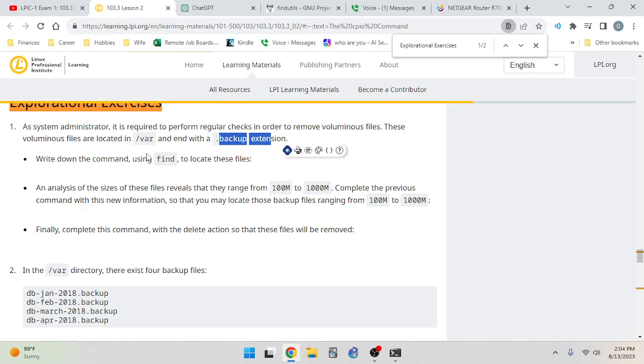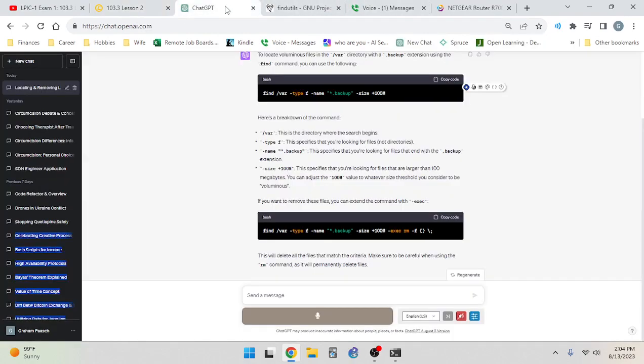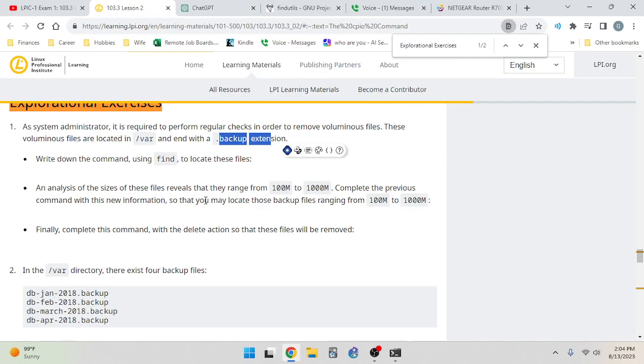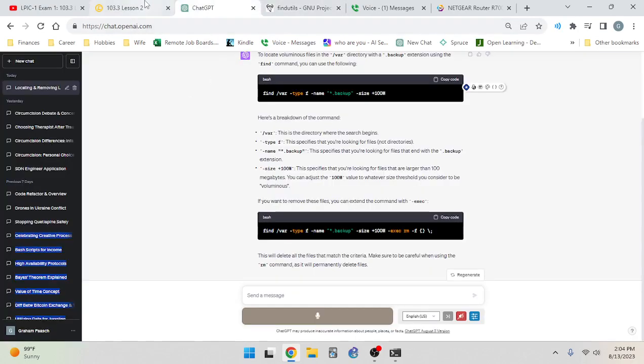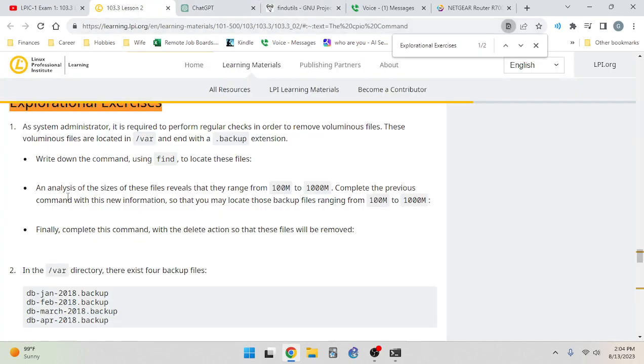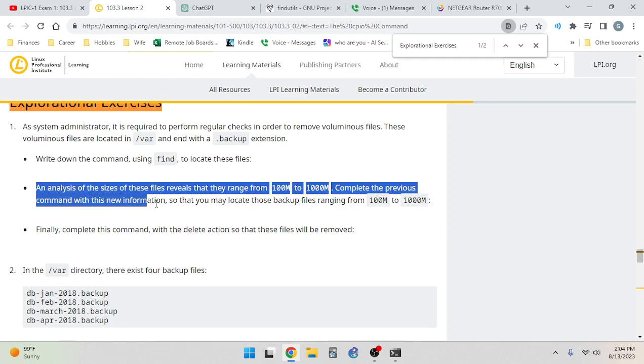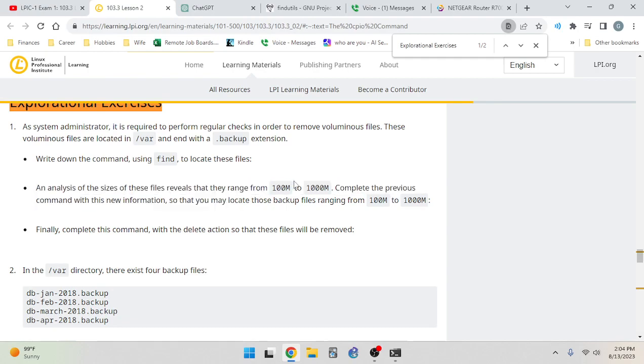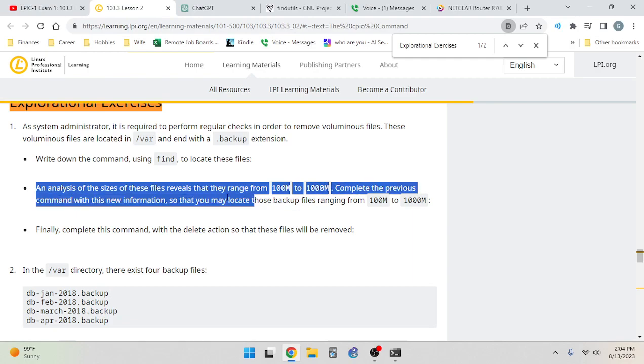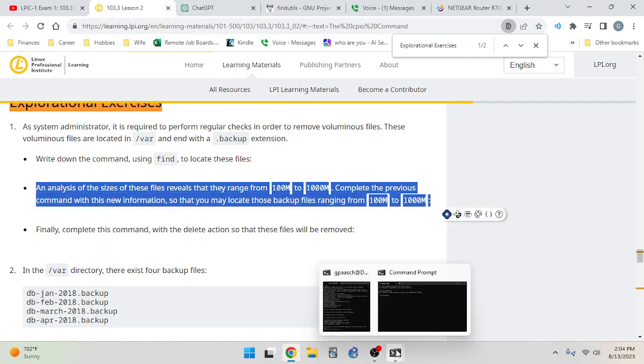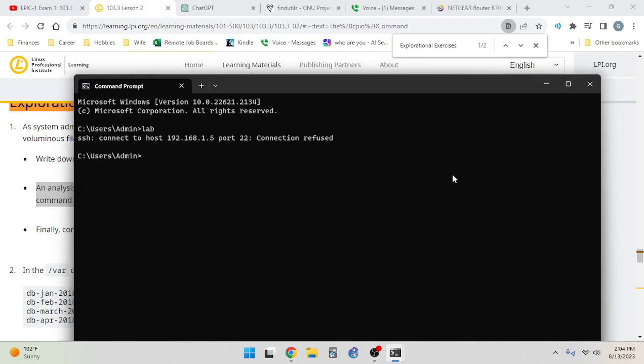So, yep, we figured that out using ChatGPT. We won't be able to do it on the test, unfortunately, but in the real world, we can do this to our heart's content. So let's move on to the next one. An analysis of the sizes of these files reveals that they range from 100 megabytes to 1,000. Complete the previous command with this new information so that you may locate these backup files ranging from 100 to 1,000. So, I mean, my guess for that